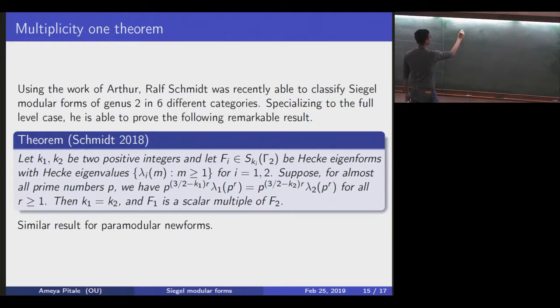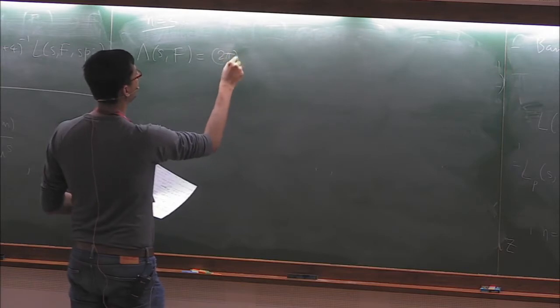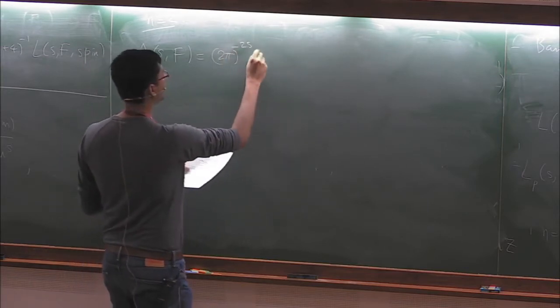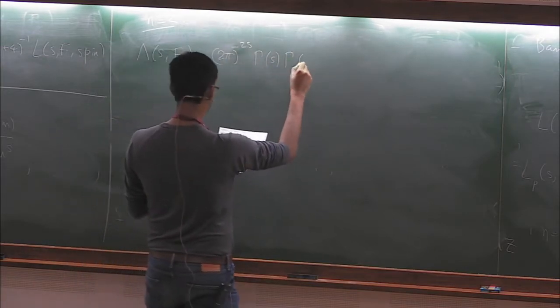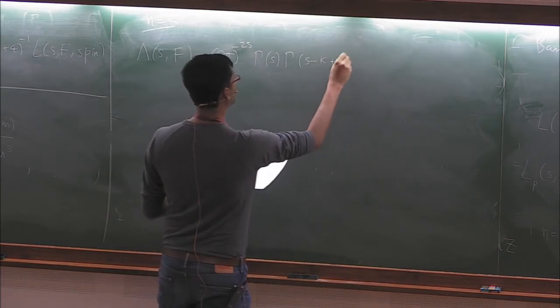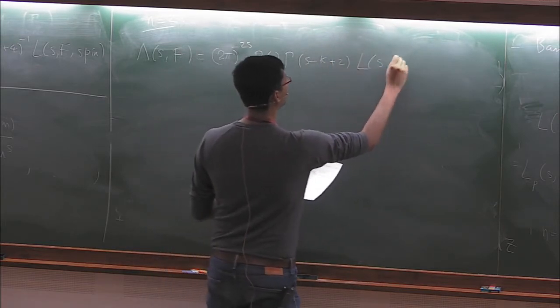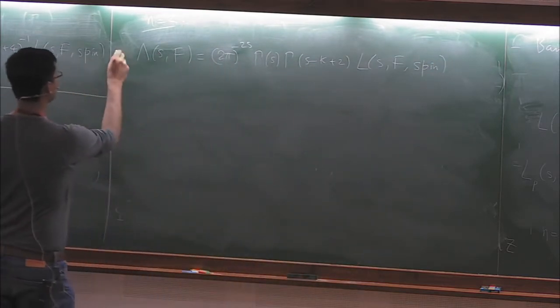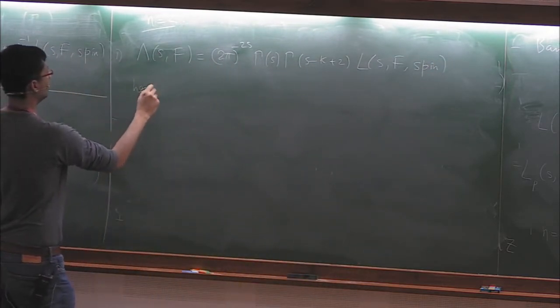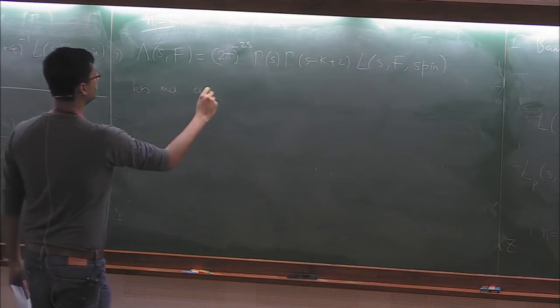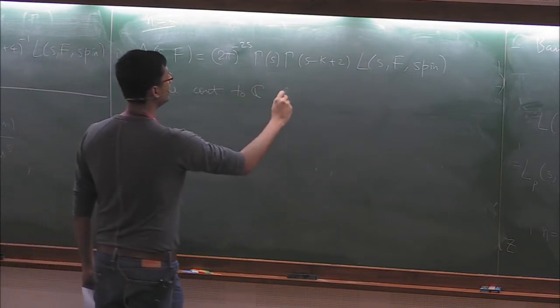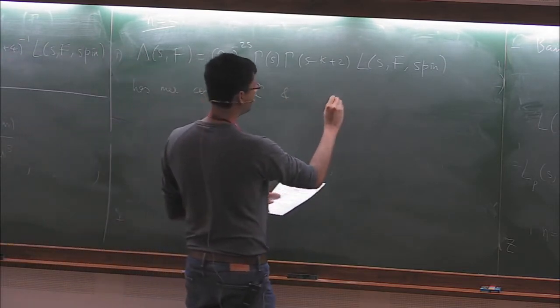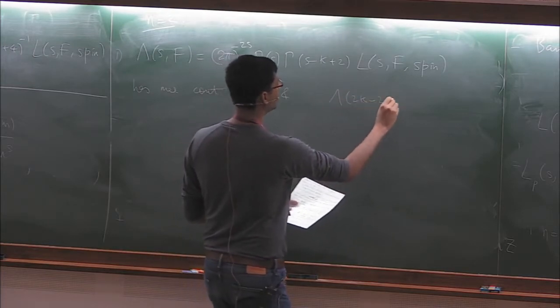And if I define a completed L function as 2 pi to the minus 2s, so this has meromorphic continuation to C, and it satisfies a nice functional equation